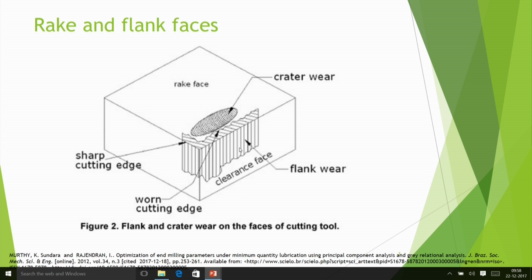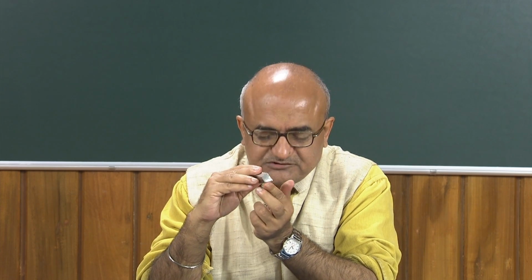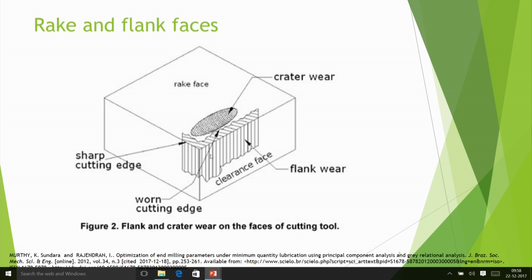Now this surface is that surface which may rub against the machined surface like that. When you are cutting like this, it may rub like this, and that is why on this you also get some wear, that is flank wear. And you are seeing that here, because of the wear some material will be removed and you will get exposed to another type of edge, that is basically called worn cutting edge. So these things are there.